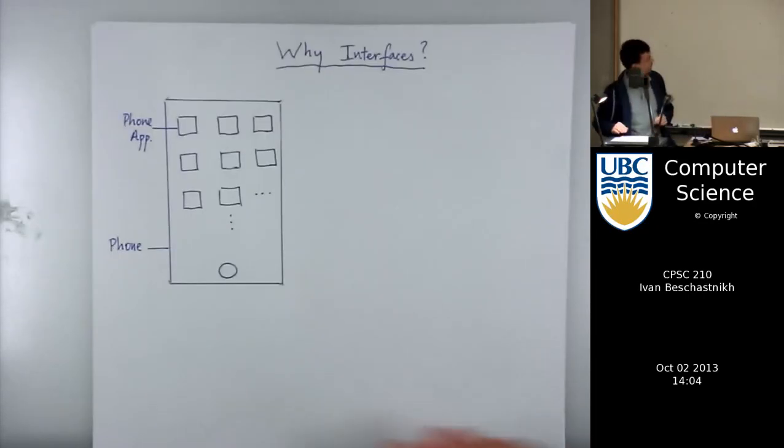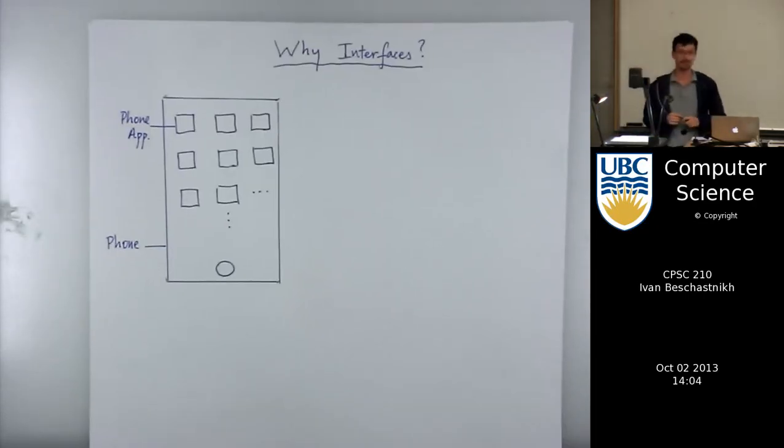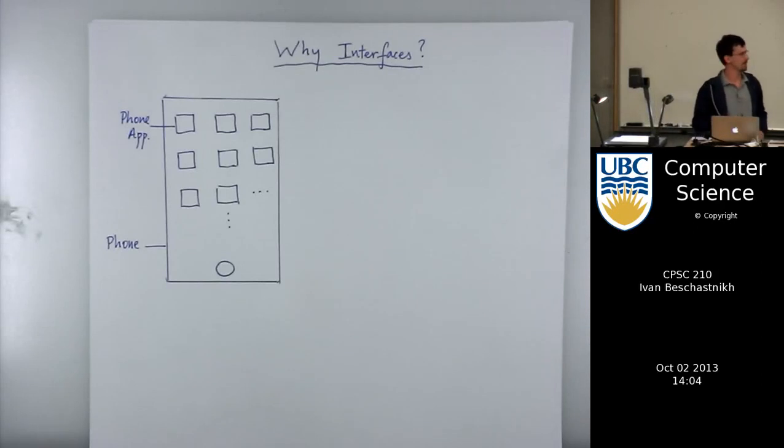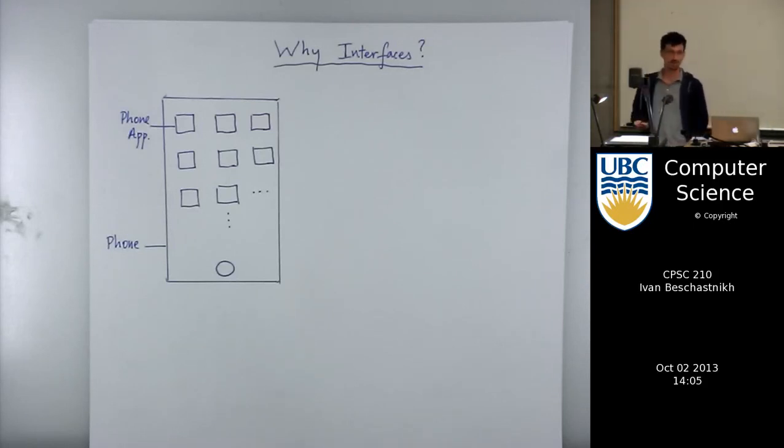But what I'll do first is actually talk about why we need it. This came up on Piazza, actually. We're defining these multiple levels of abstraction. We're defining interfaces, we're defining abstract classes. And the question is, why do we need these things? Because you can always do without an interface. You can flatten your type hierarchy and eliminate an interface if you wanted to. So what do you gain by having an interface?